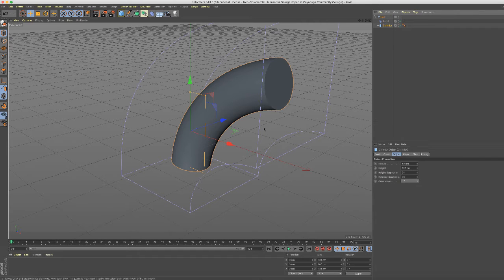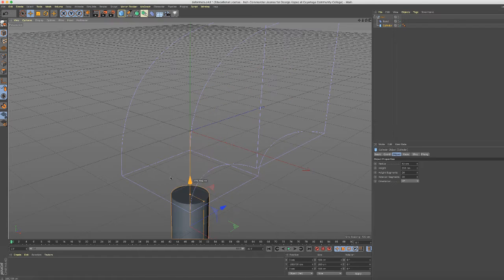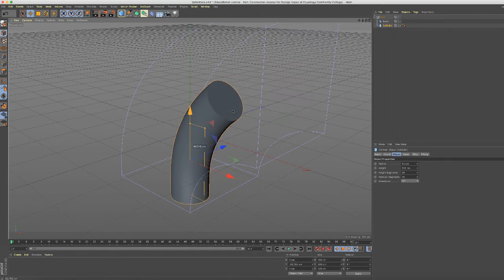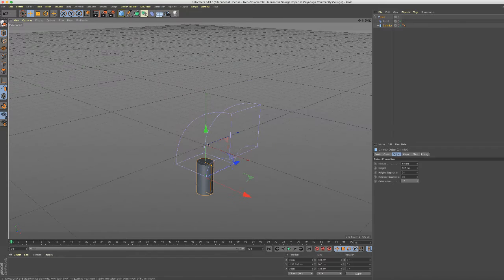I can do is I can grab the cylinder and I can move the cylinder through the bend object like this, which is pretty cool. Okay, so instead of animating the strength of the bend, what I can do is, let me zoom out here to get this more interesting. So what I can do is animate instead the